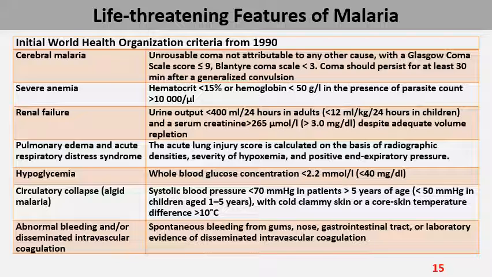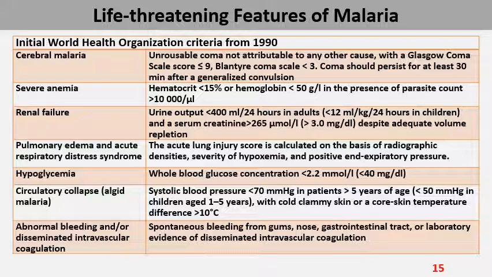Renal failure is another feature, which is defined as urinary output of less than 400 ml in a day in adults and less than 12 mL per kilogram per day in a child, plus a serum creatinine level of greater than 265 micromole per liter or greater than 3.0 milligram per deciliter, despite adequate volume repletion. In other words, you must be sure that the child is not hypovolemic, not dehydrated, and adequate fluid therapy has